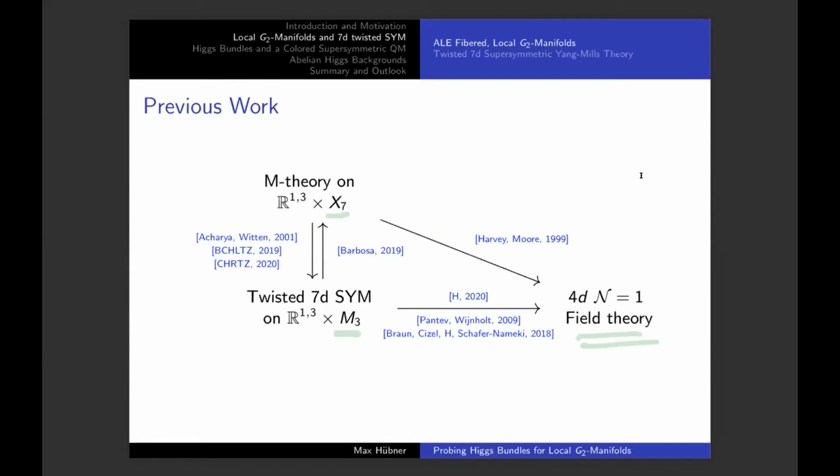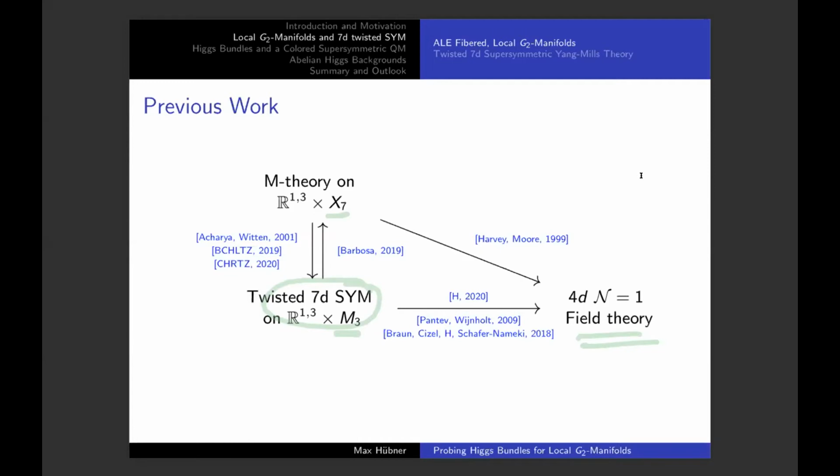The contributions of the M2-branes on these instantons to the superpotential were first computed for individual instantons by Harvey and Moore in their 1999 paper, directly in M theory. An alternative way of computing these instanton effects is to do so directly in the twisted 7-dimensional super Yang-Mills description. And here it was Pantev and Weinhold that first noticed a relationship between Morse theory, supersymmetric quantum mechanics, and these M2-brane instantons. This allowed them to compute mass terms for geometries characterized by a Higgs field with a fully reducible